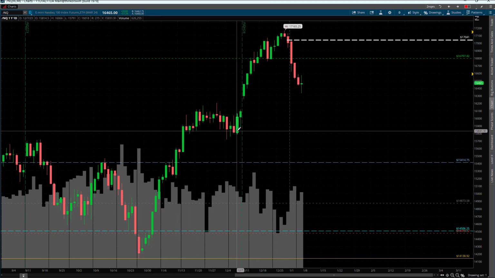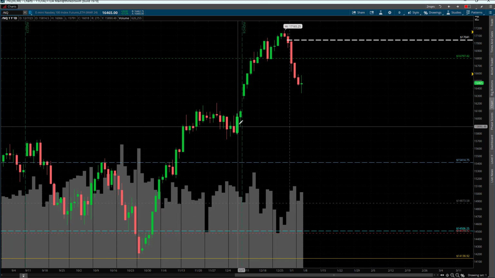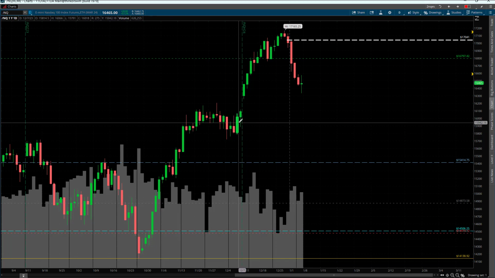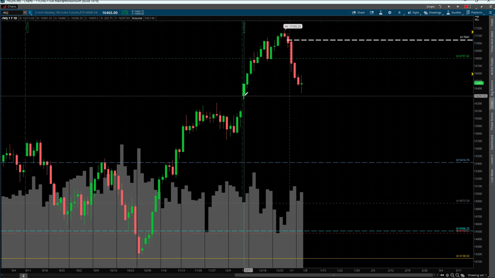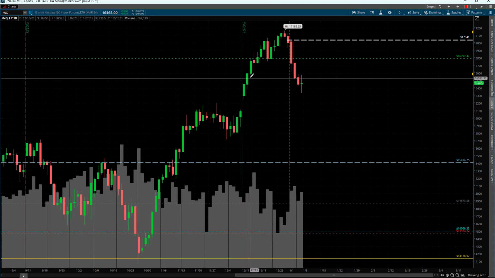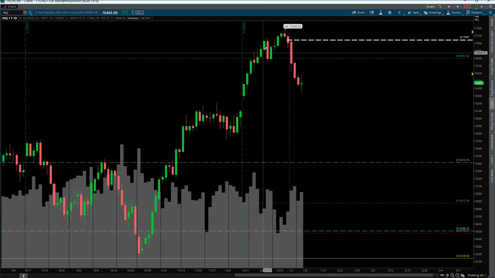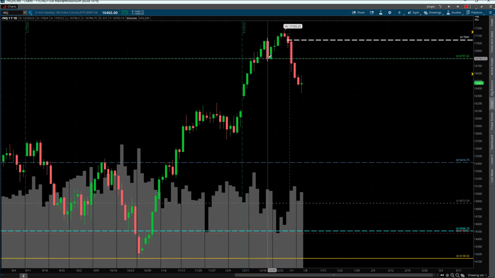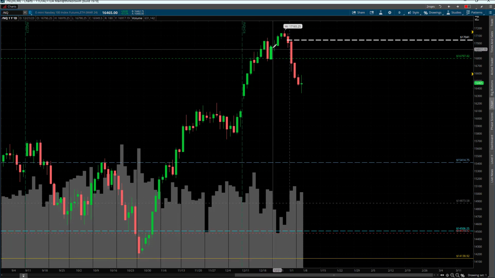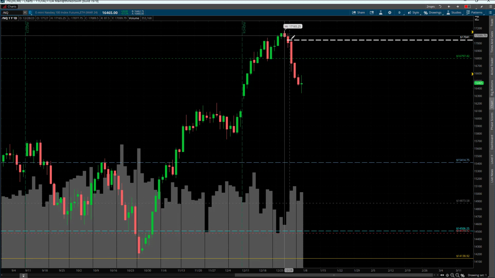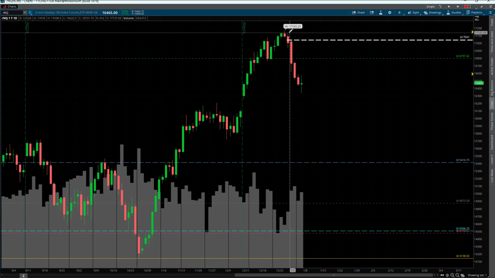We begin another trend up in early December. This would be considered day 1 because it takes out the prior day low. Day 1, gap up day 2, day 3, day 4, day 5, day 6, 7, 8, and then on the 9th day we break it down, and then we begin it up here. Day 1, day 2, day 3, day 4, day 5, and then here is the opposite side, which I've been going over: trend down.